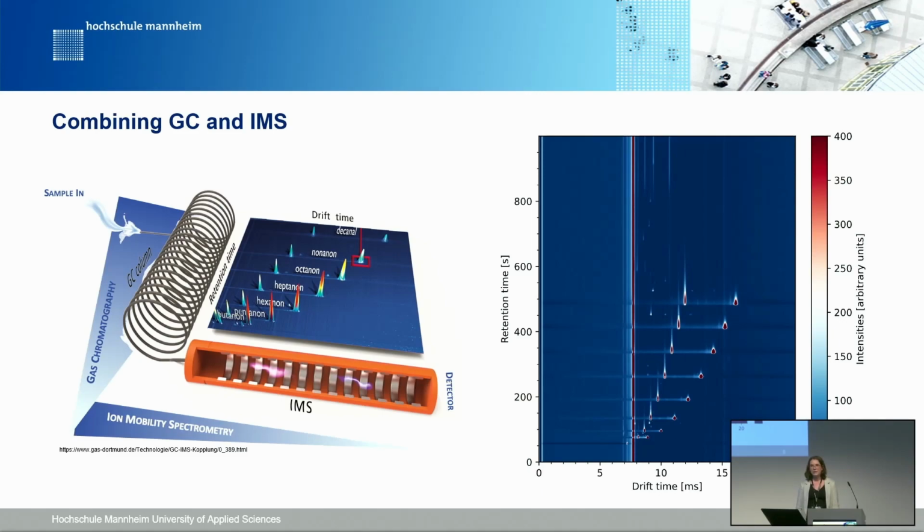And this is how, in theory, the spectra then look. This is important because I'm going to show you the differences in the spectra between the different coffee species and the ferments. You can see on the y-axis that this is the retention time, so the time that these molecules need to go through the gas chromatography column. And on the x-axis, there is the drift time, so the time that the ions then need to drift through